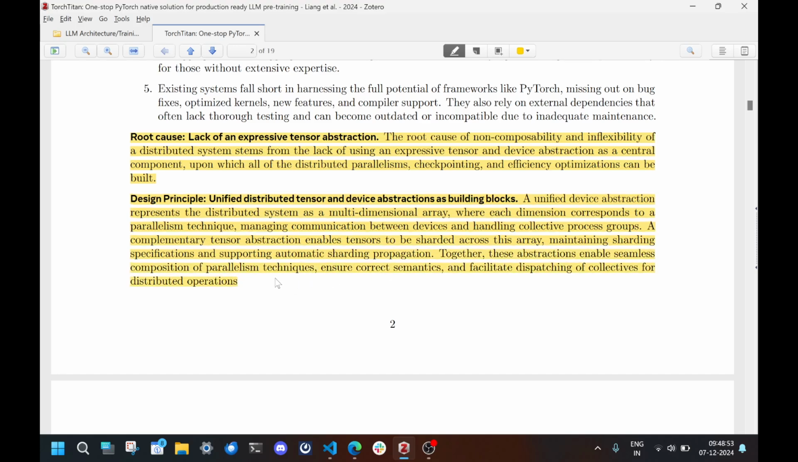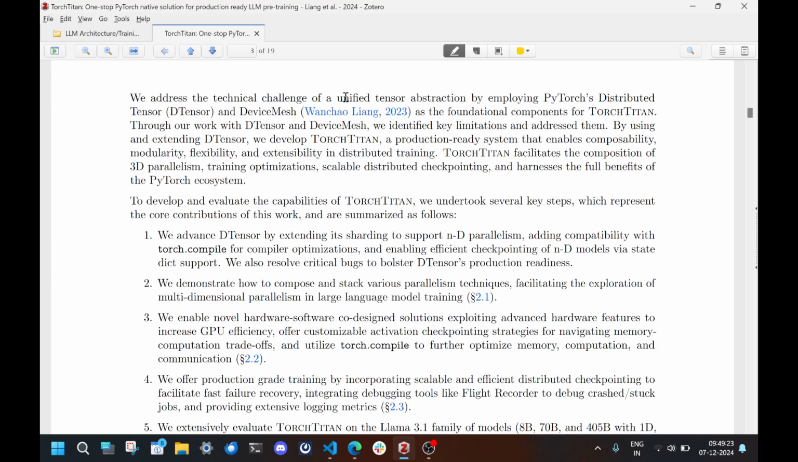So they basically assume that every dimension corresponds to one new parallelism technique. For instance, maybe one dimension is how you shard your model layers across different GPUs. Another dimension corresponds to pipeline parallelism, where you split the model into two, and then the inner dimension splits it further vertically. So they're using PyTorch's distributed tensor, D-tensor, and the device mesh as the foundational components for